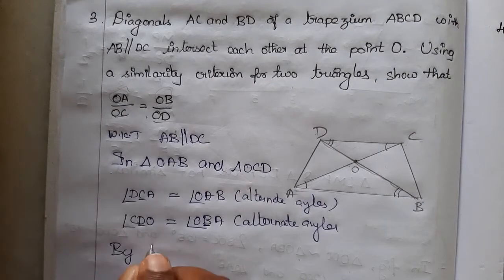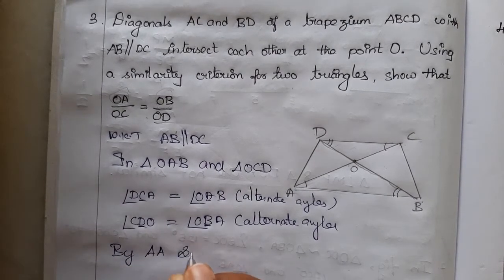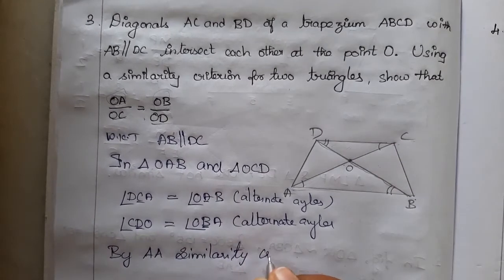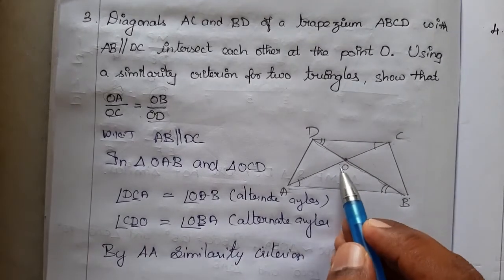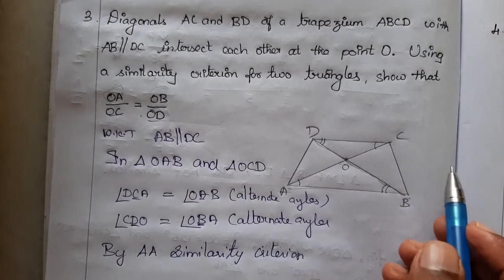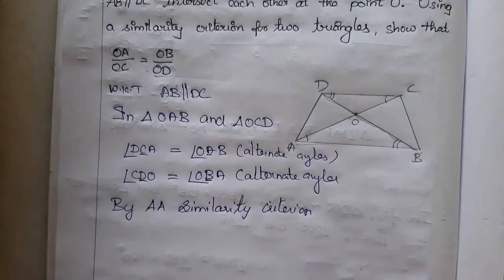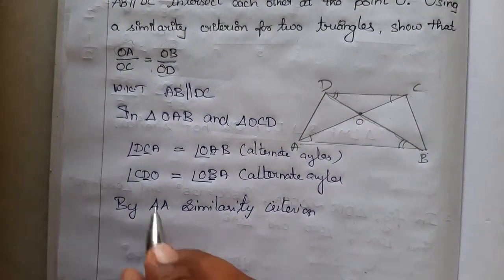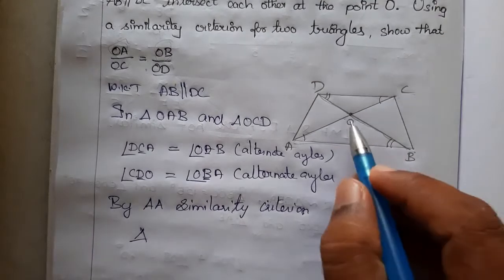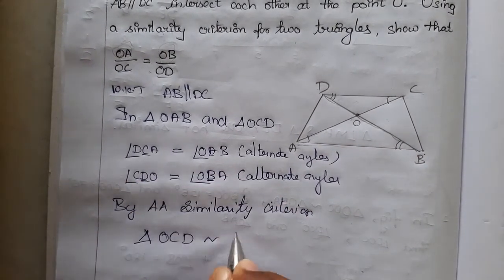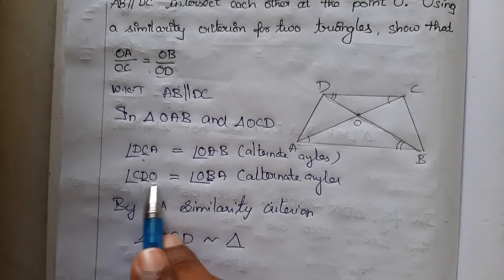So by which criterion? The double A similarity criterion. We can even prove it by triple A. Both angles are equal, we can say vertically opposite, but we need not go for that. This is enough, by the double A criterion. So first, I will be considering triangle OCD is similar to triangle, whether we know the correspondences of